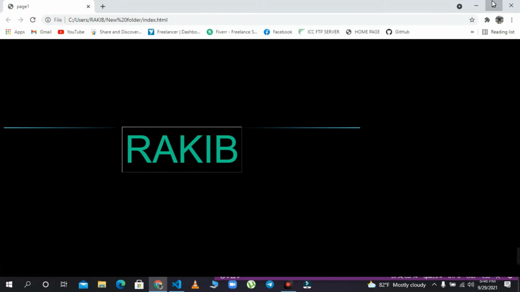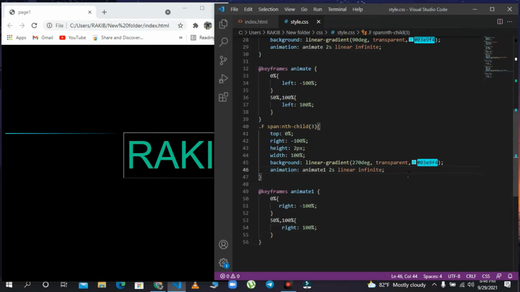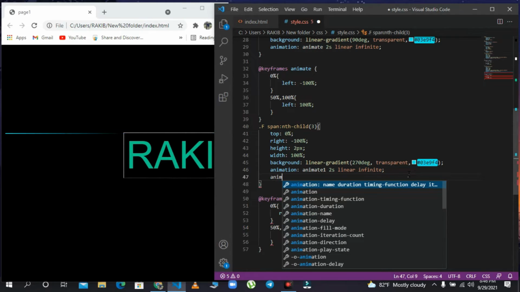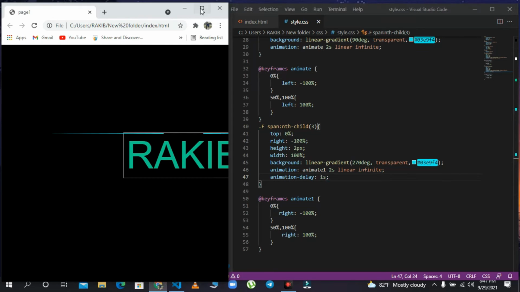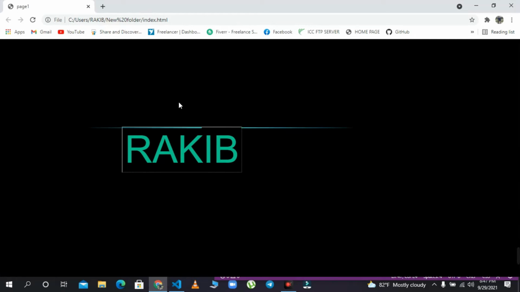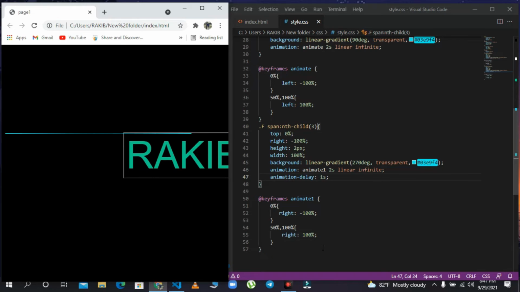So yeah, the two come on. Now we have to work with the animation delay, because one by one is needed to work. So make it 1 second delay. It's not a big thing, but yeah, it's worked perfectly. Now copy it,